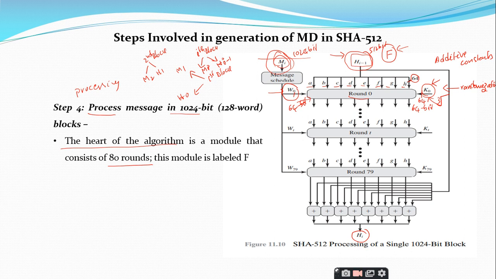Why do we require randomness? I told you that a requirement of the hash functions is that they should generate randomness. There should not be regularities in the input data. So in order to randomize the data, or to remove the regularities in the input data, we are going to introduce these additive constants. There is a table that describes how they are generated, but this is not our point of interest.